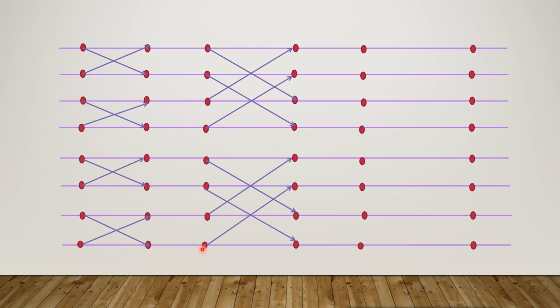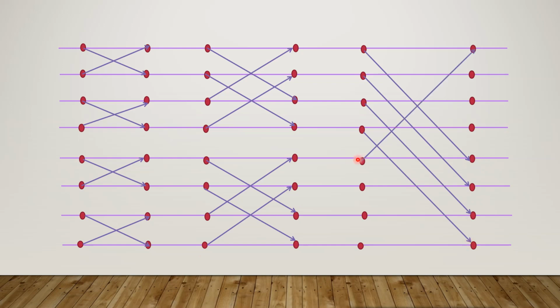First plot the 8 points, then connect the points. First and fifth point, second and sixth point, third and seventh point, fourth and eighth point, in the downward direction. And in the upward direction, fifth and first point, sixth and second point, seventh and third point, eighth and fourth point. Likewise, first draw the flow graph with all the points connected. Then you just write the x of n values.